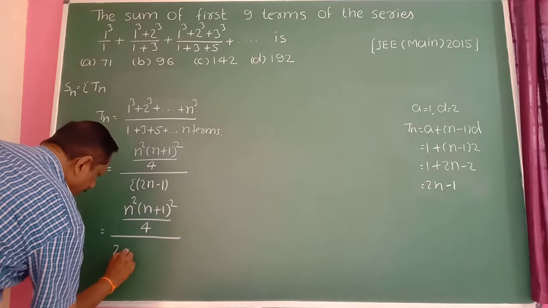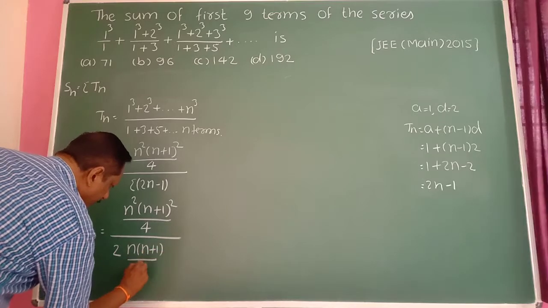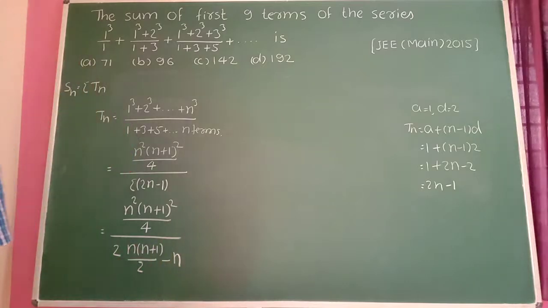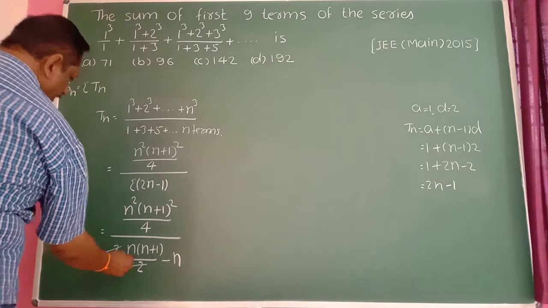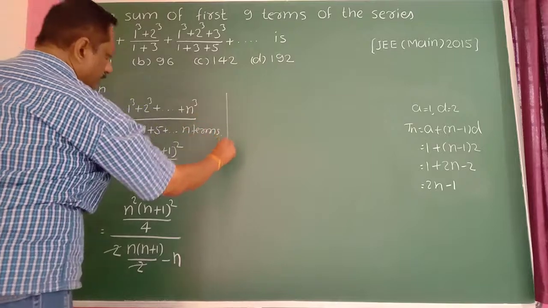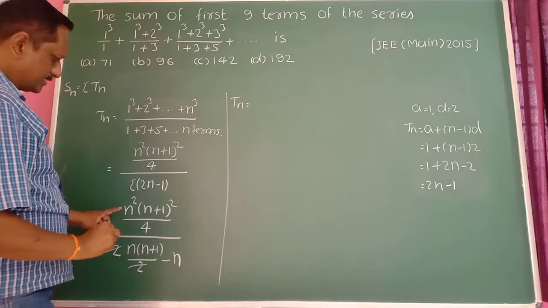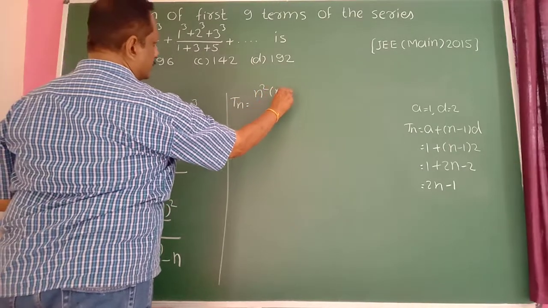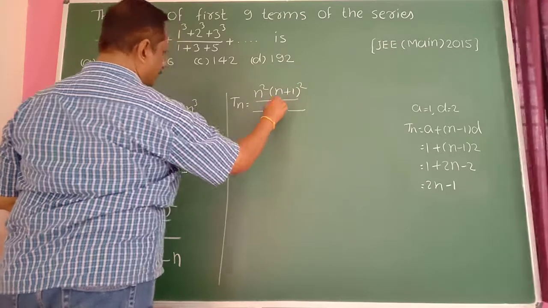The summation of n is n into n plus 1 divided by 2, minus the summation of 1 which is n. So this 2 and this 2 get cancelled. Therefore Tn is equal to n square into n plus 1 whole square divided by 4, whole divided by